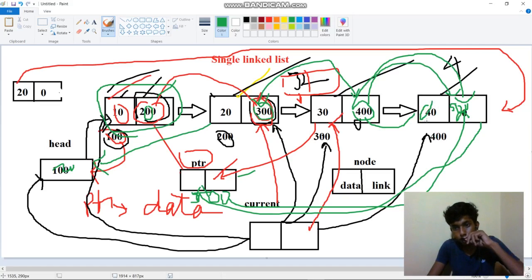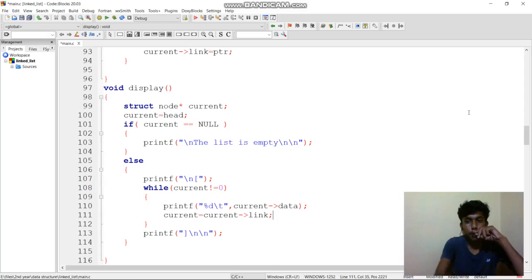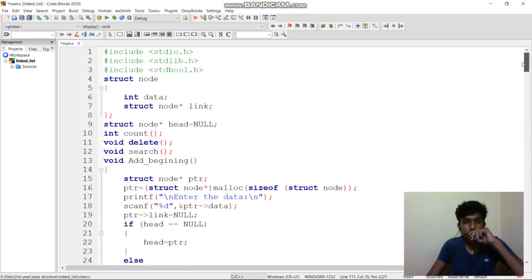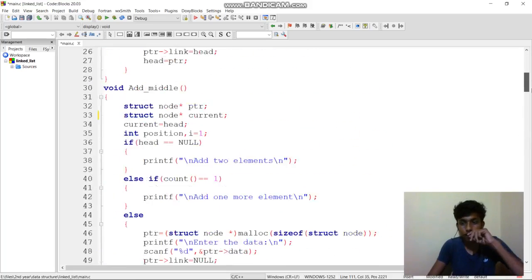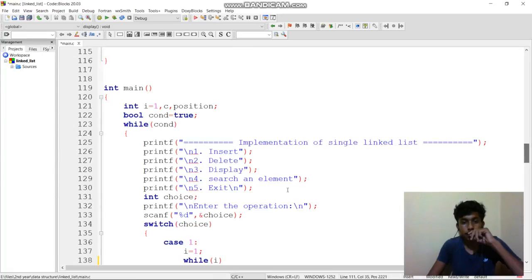After that, 4000's current of link is 0. Now what will happen? Up to 40 it will print, and it will exit from the loop, and it will print the close bracket, and I'm creating a new line. This is the display.